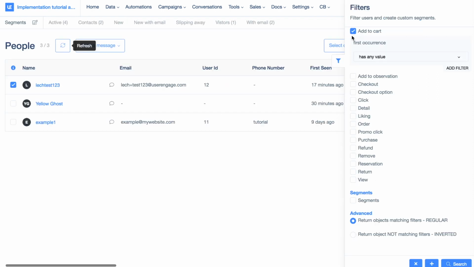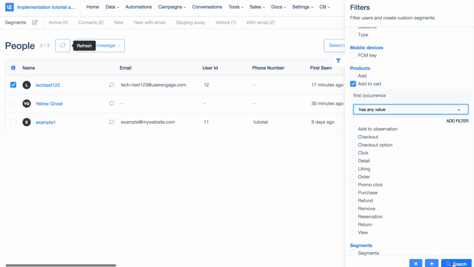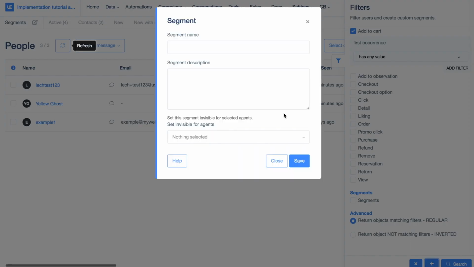And the last thing is a segment. So let's see. For example, I might want to create a segment of users who have ever added anything to cart. Alright, so those are those 3 users. Instead of searching for them every time I visit the app, I might just add them as a segment. So I'll call them added something to cart. Those users have added at least one product to cart. It will be visible to all agents. Now I save,